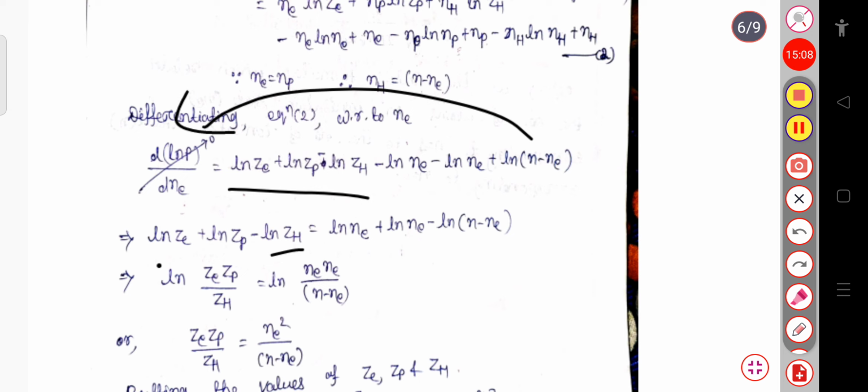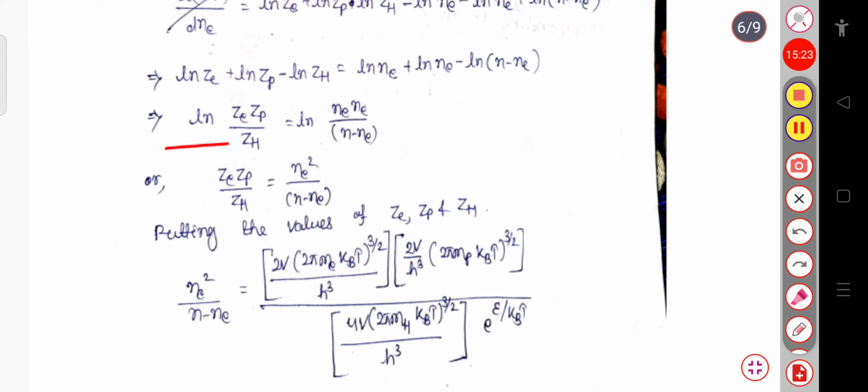Now this will be ln of Zd into Zp divided by Zh is equal to ln Ne into Ne, that is ln Ne square divided by N minus Ne. Now removing this logarithm, taking the antilog, Zd Zp divided by Zh will be equal to Ne square divided by N minus Ne. Again putting the values of Zd, Zp and Zh here,